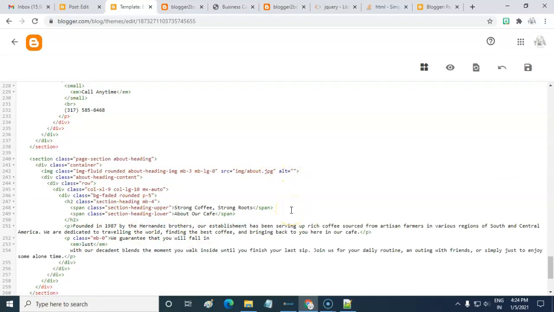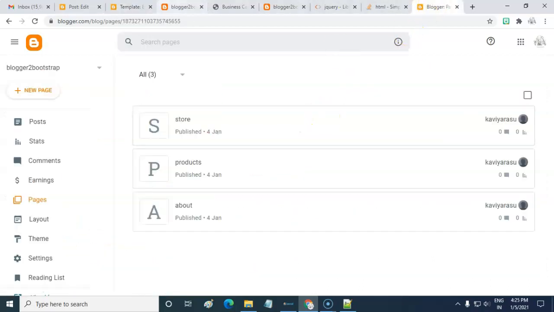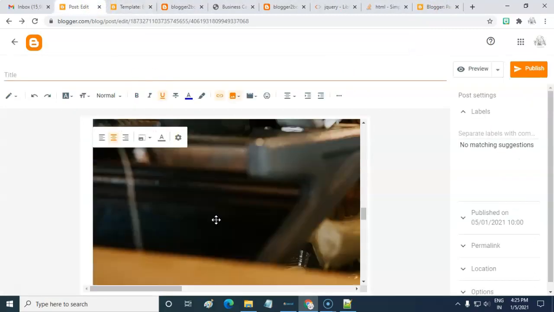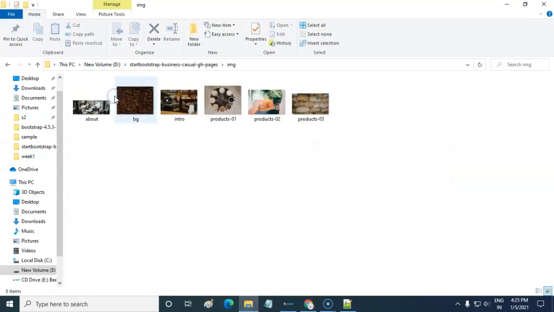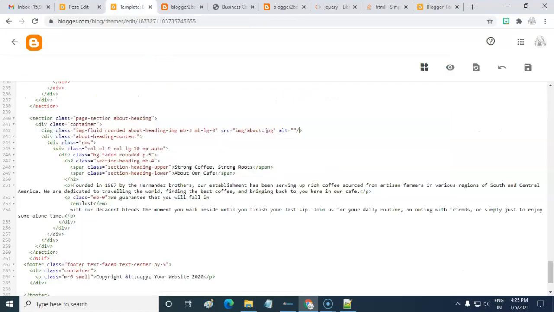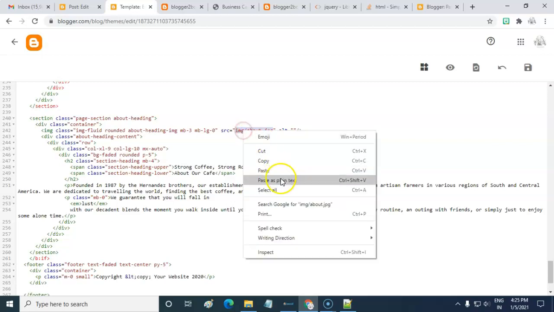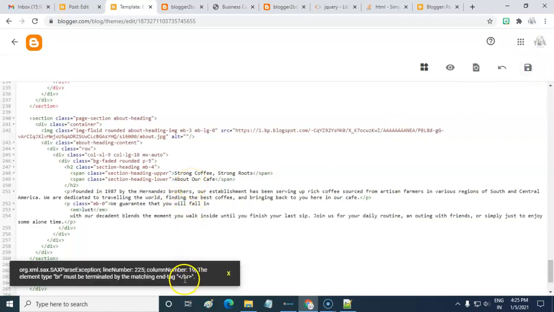And the image with proper slash. Okay, we have to enter the BR tag in right way.